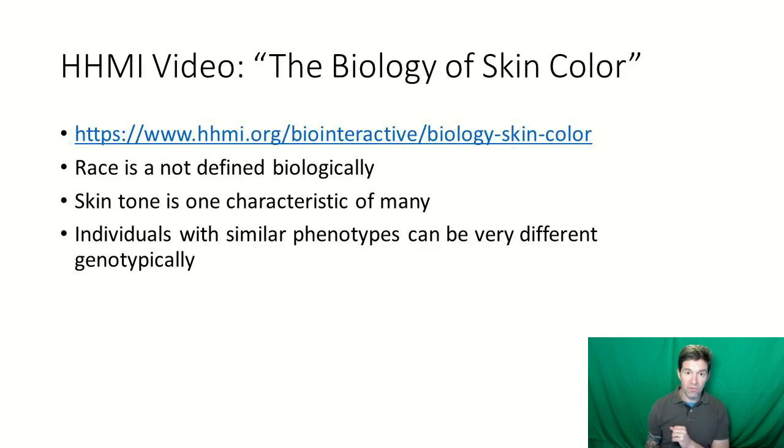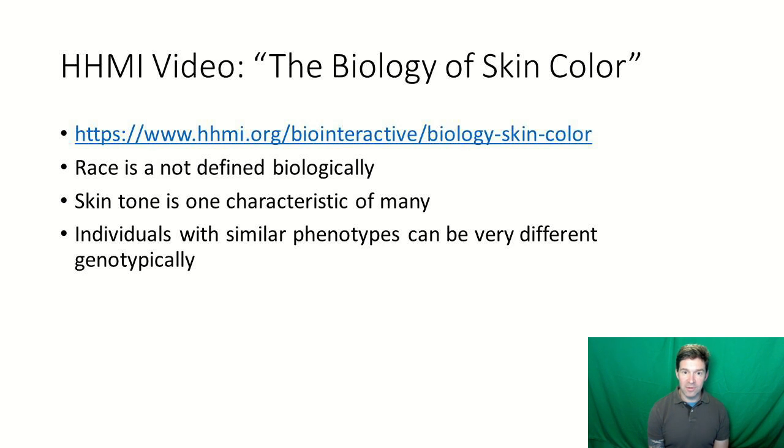But what we're going to do first, when we dive into the idea of biology and skin tone, as most people use that as a big indicator of race, I want you to look at a video called The Biology of Skin Color. It's wonderfully done. It's about 20 minutes. The link's on the Canvas site. So stop my video now and watch the other video. And when you're done with that, you're going to come back and I'll continue on, diving into a little bit more on evolution and humans' genetic diversity in general.